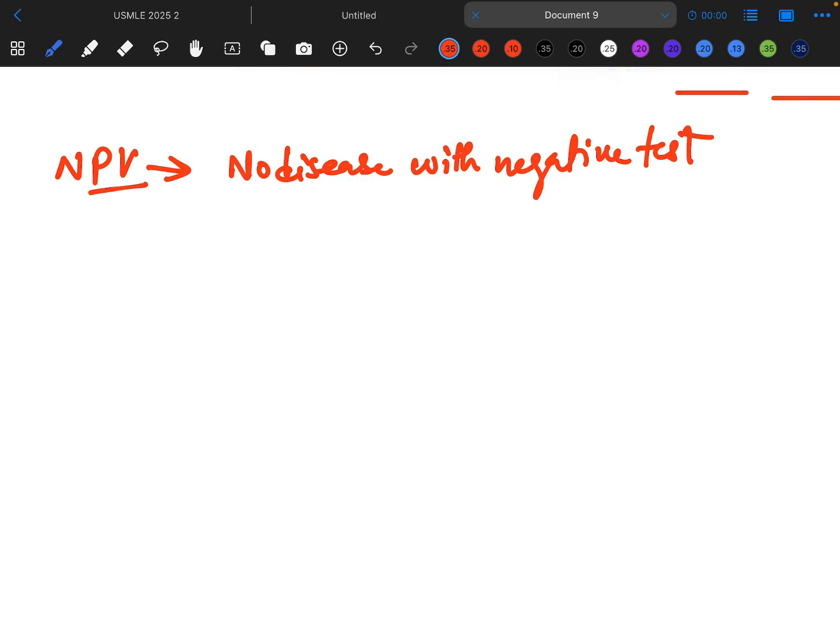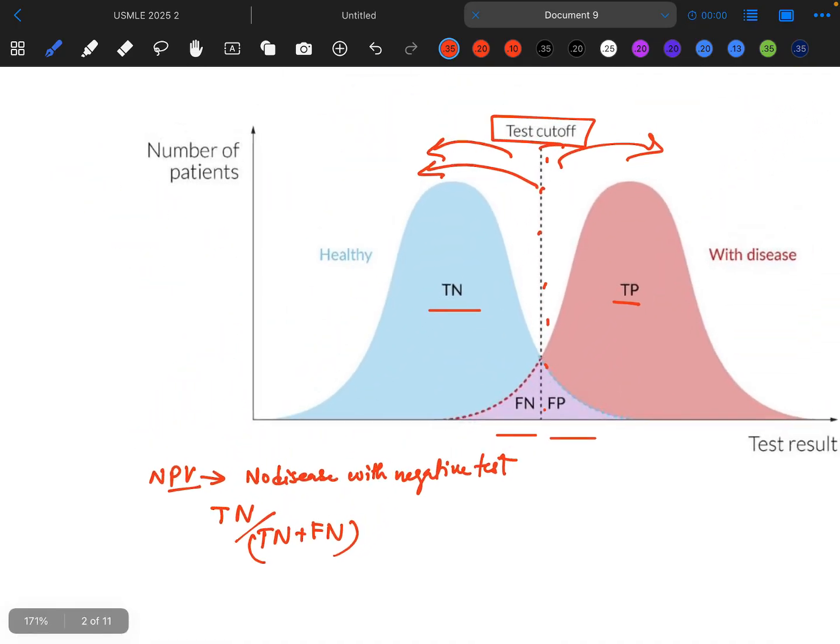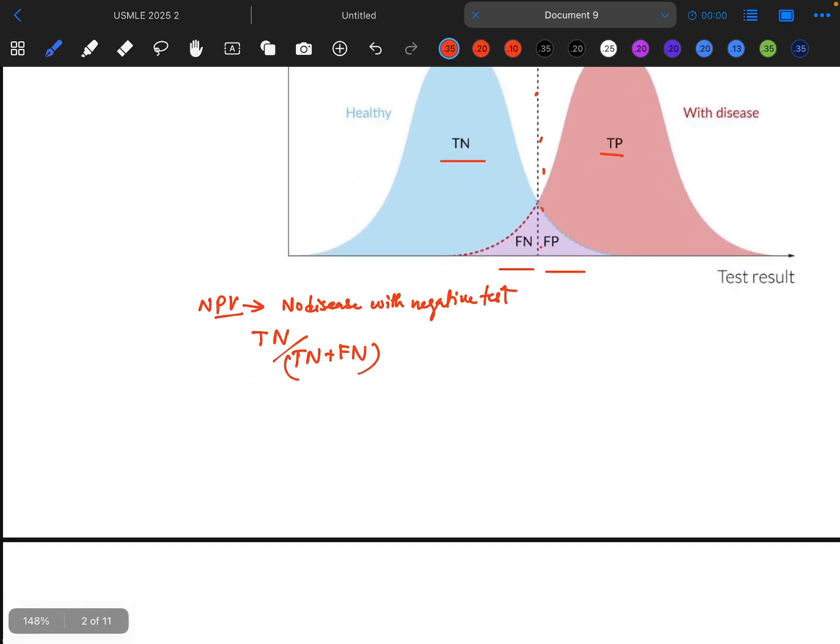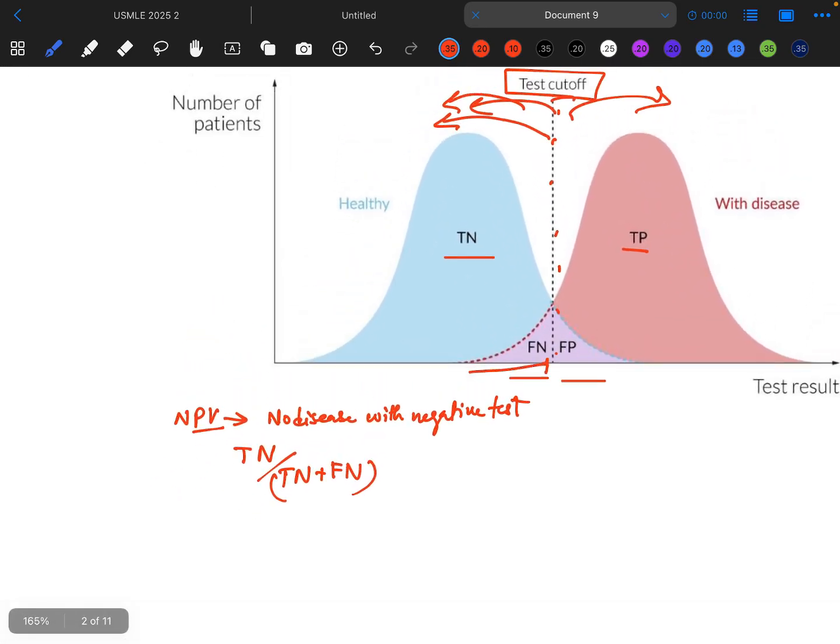What about negative predictive value? It is the likelihood that a negative test result does not have the condition being tested. Negative predictive value means no disease with a negative test, understood? Negative predictive value is calculated as true negative divided by the sum of true negative plus false negative. Understood? And for a test like ELISA, the absorbance value must meet or exceed a specific threshold to establish a diagnosis